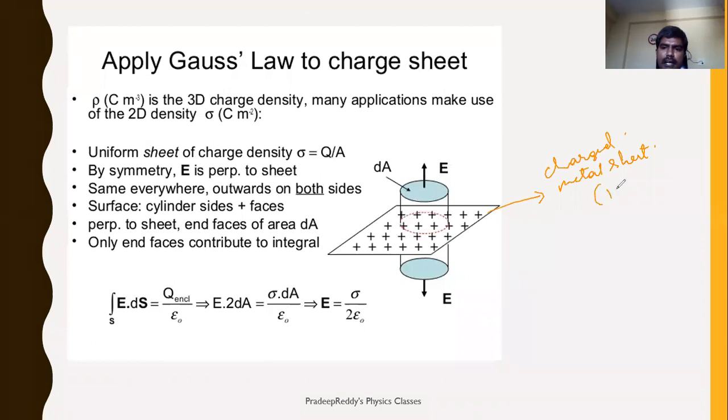And this charged sheet has plus charge, positive charge. So field will be extended in this direction, E bar, and as well as extended in this direction, E bar. Okay. So as it is a positive metallic sheet, positive charge will be extending its field upward and as well as downward. So you should construct a Gaussian surface in such a way that it is part of the metallic sheet. Now this is the Gaussian surface.